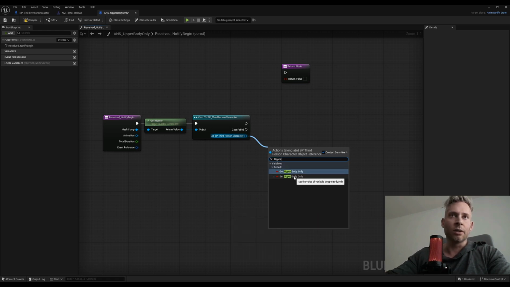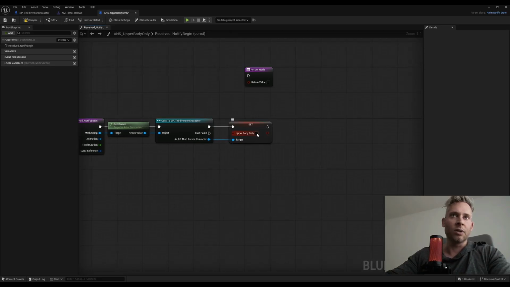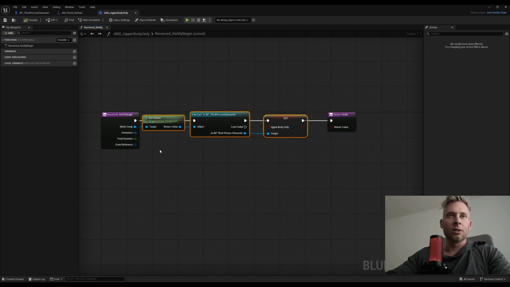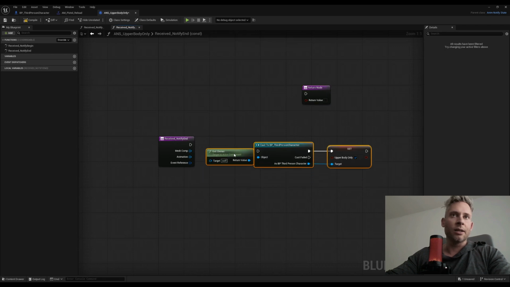So let me set this one. When we start with our animation, we want to set this one to true. Okay, so upper body is now being ticked, and we can use its return value here if we want to, and then compile and save. And then just select everything here in between, Control C, and we go and click here next to override. We want to also open up the received and notify end. Let me unhook this one also, and we can put this one inside here,